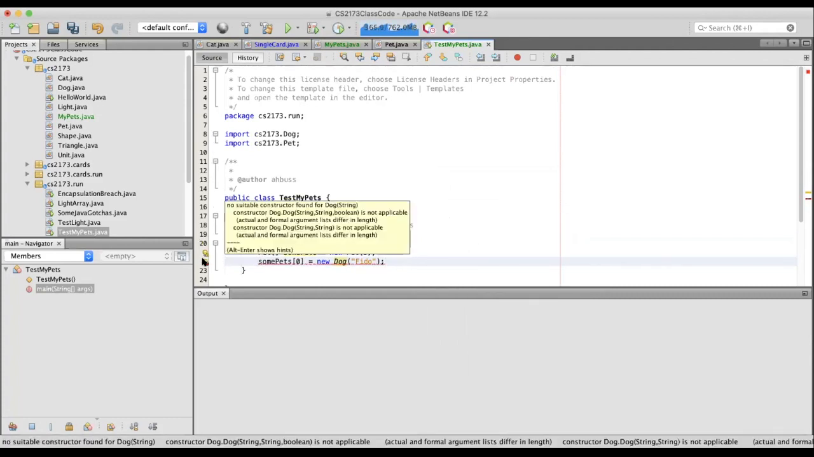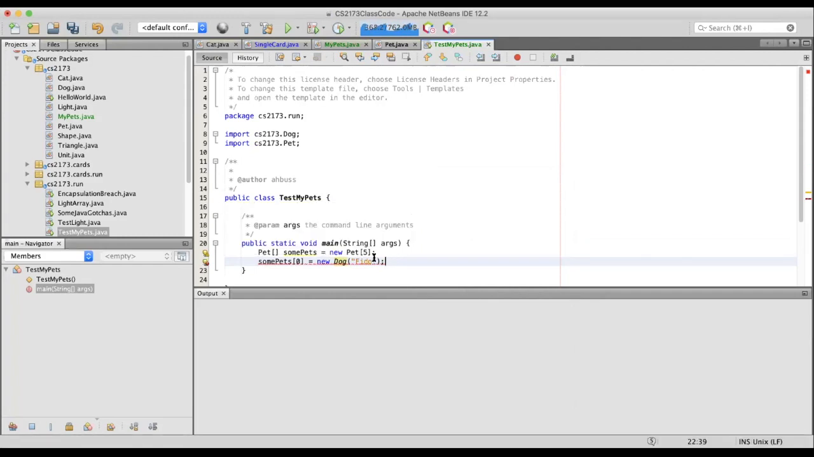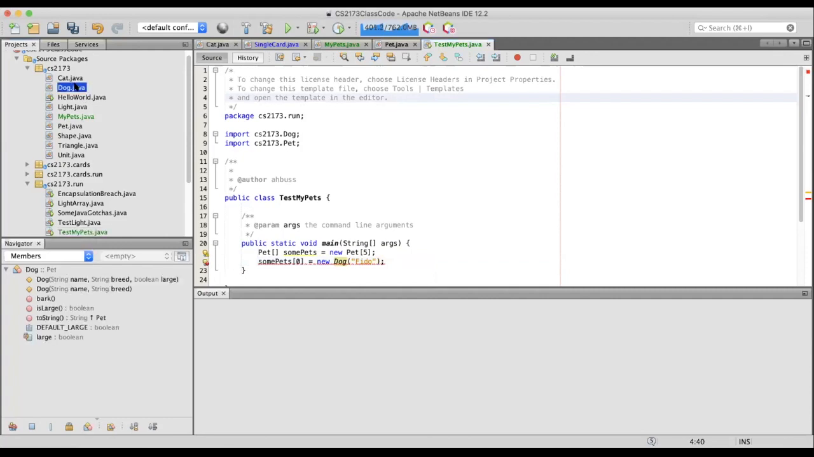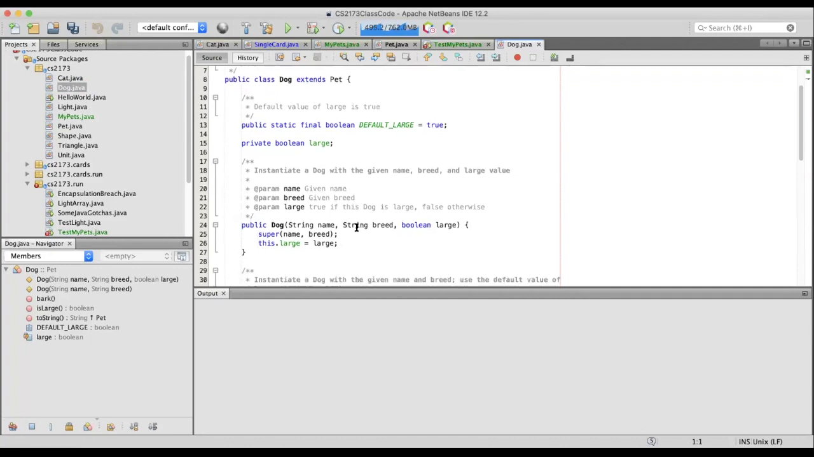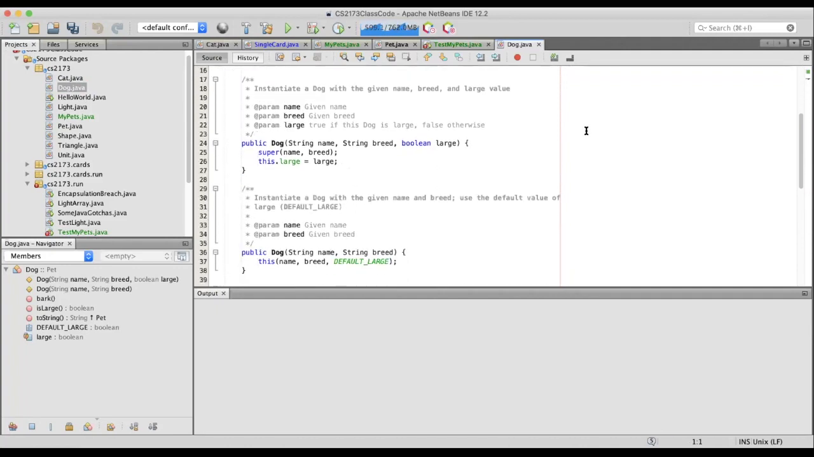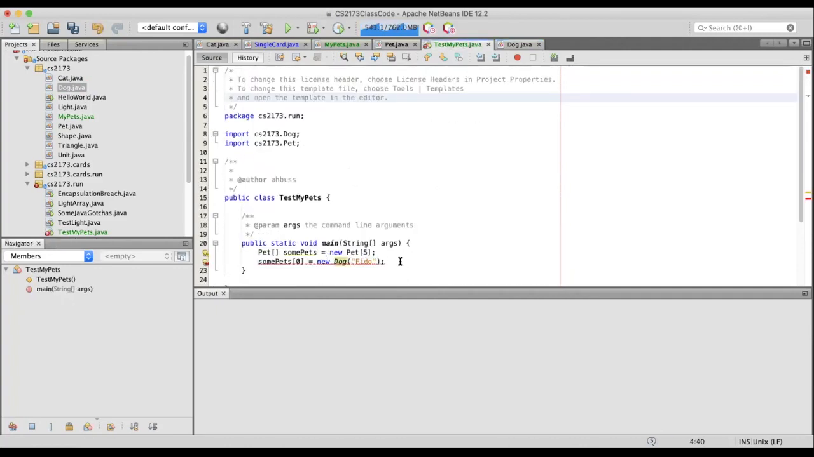Oops. Oh, was it name and a breed or breed and name? I forget. Name and breed, all right. Name and